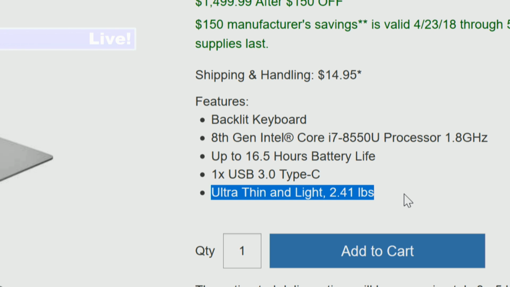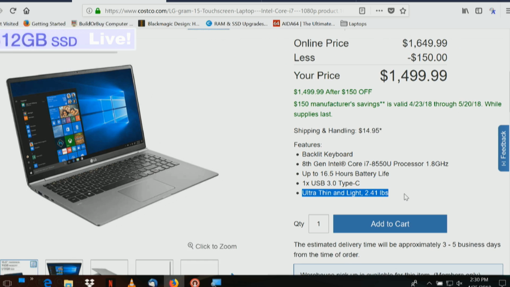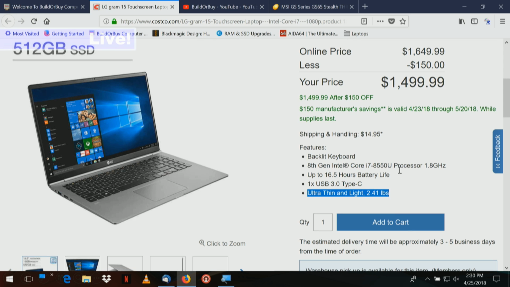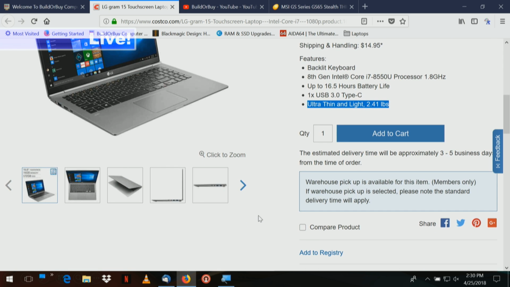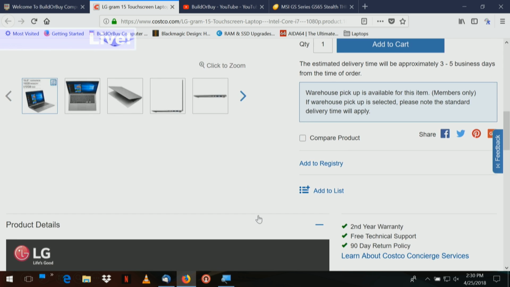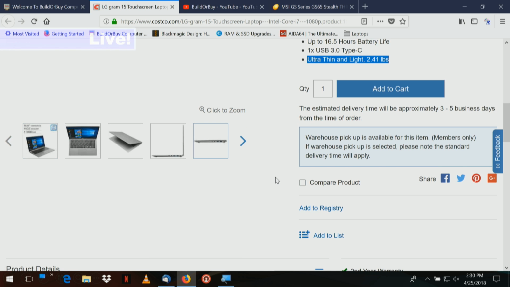Now the average 17-inch laptop is about 6 pounds. I've seen them go up to 7 pounds, 7.1. But I think that's got to be the thinnest one or the lightest one I've seen. I don't know if it's the thinnest, but that's got to be the lightest. This is even lighter than the MSI MS65. As far as thickness,